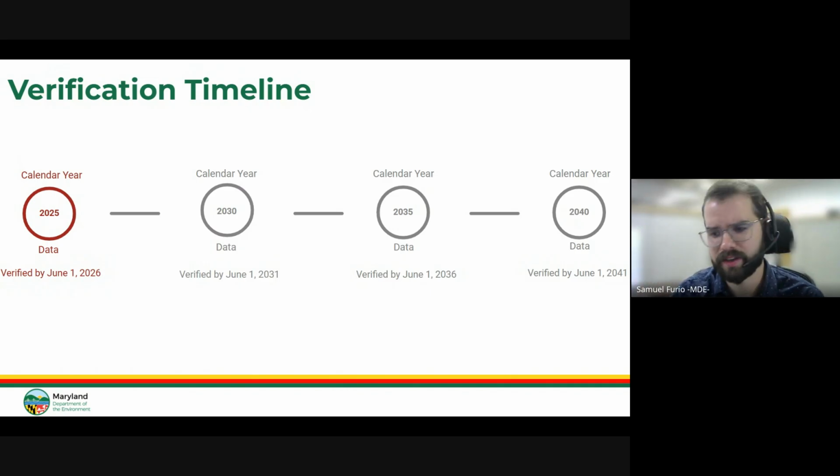And if you've been kind of tuned into the BEPS process, these actually line up with the compliance periods for the program. So 2025 starts the baseline compliance period where you're just reporting. So that's the first 5 years. 2030 is when the interim standard 1 starts, and that goes from 2030 to 2034. 2035 to 2039 is interim standard 2, and then 2040 and so on is the final standard. So that's kind of how the timeline works for verification. Just keep that in mind. We're verifying at the start of these compliance periods.